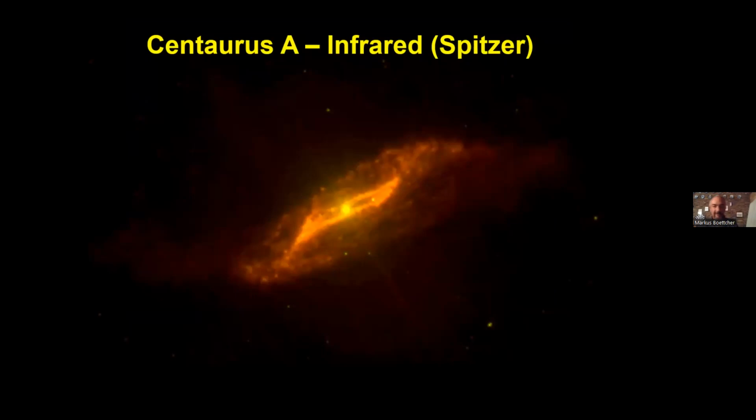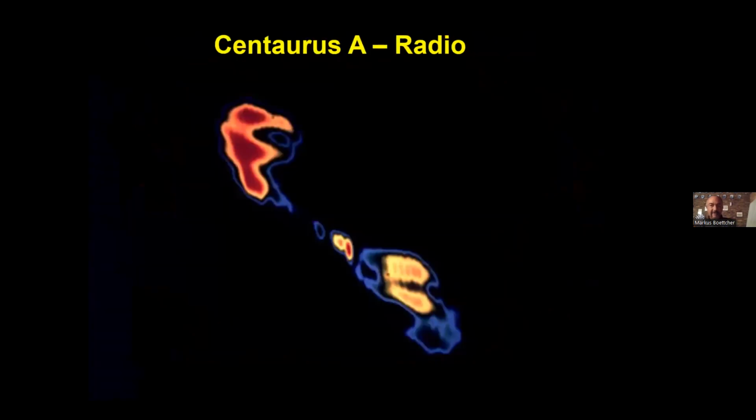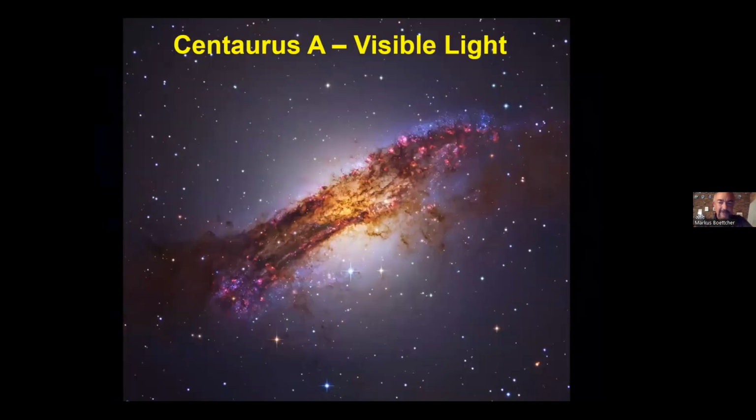Now go to even longer wavelengths, we see something like that. And it's not a wrong orientation or anything, it's actually the exact same object we see here. So the stars, the galaxy itself, really don't show up at all here, but what shows up are some outflows, jets, a pair of jets perpendicular to the plane of the galaxy. So that was towards longer wavelengths, lower energies.